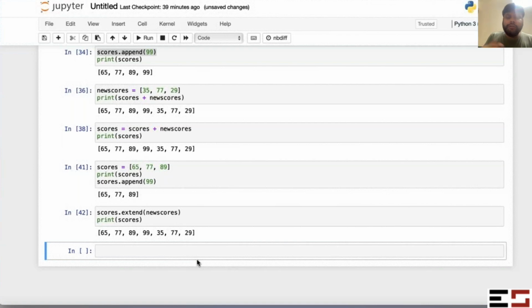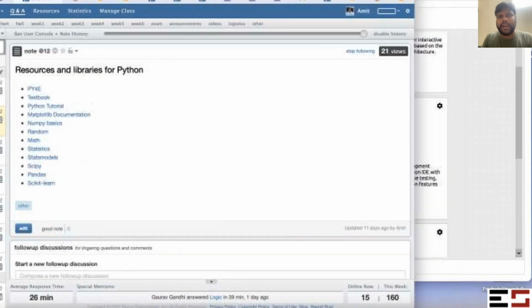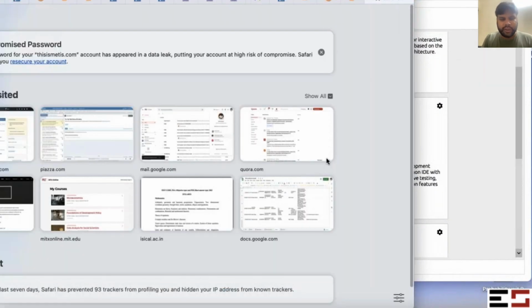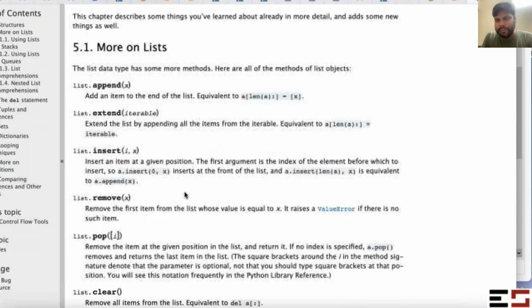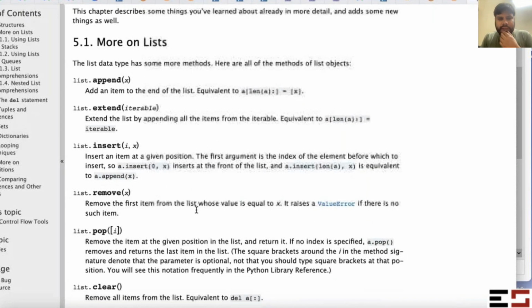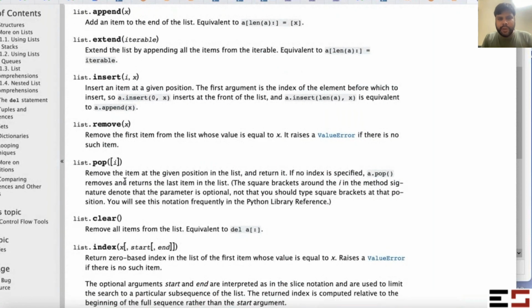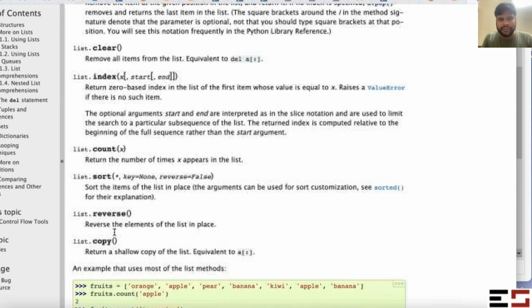Okay, and there are actually lots of methods that you can apply on lists. You can use the documentation for Python lists. Most of the time it's going to be the first result. You can see these are the two methods that we have tried. You can also use the insert method, and you also have the remove method, which removes the first item from the list. You also have the pop method, clear method, index, count,